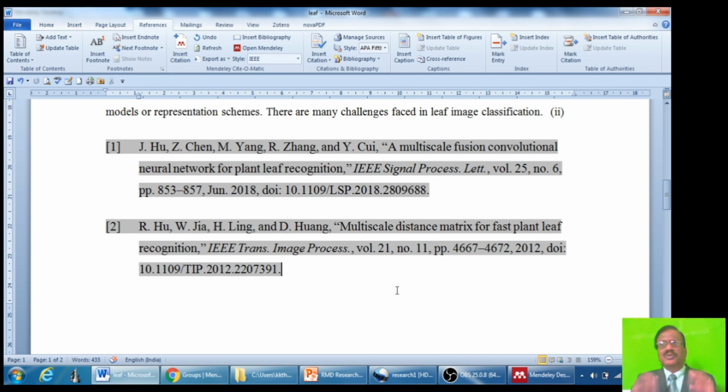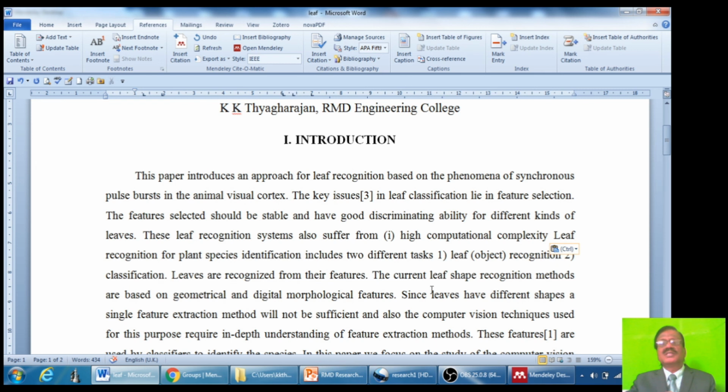Certainly you will make mistakes and the reference numbers will be changed. So in this case, if you use reference managers, it can be done easily. So how to do this?